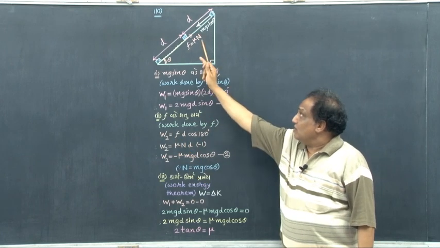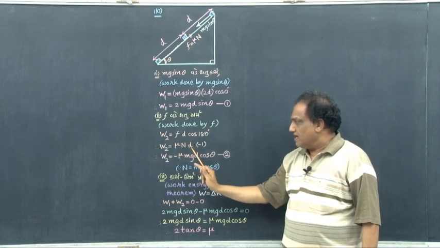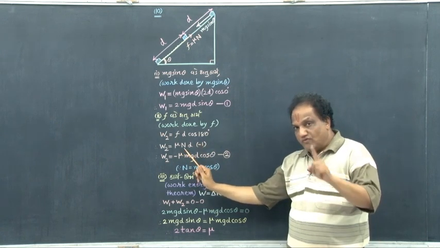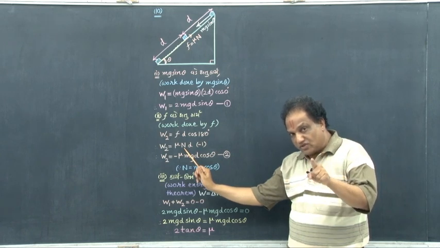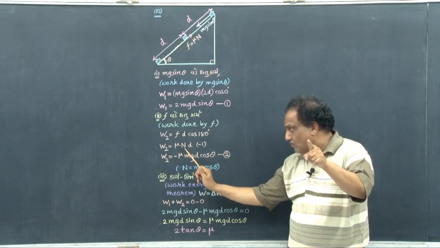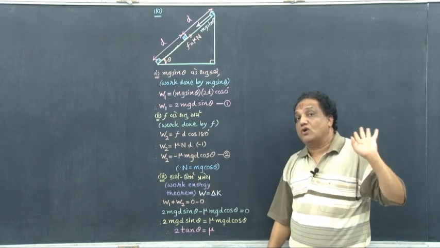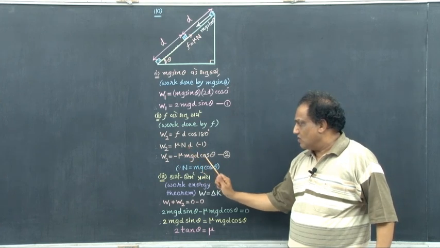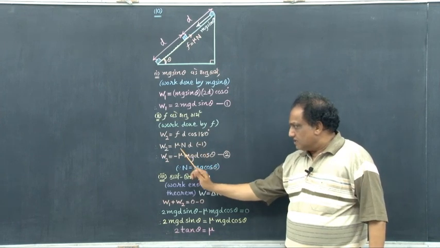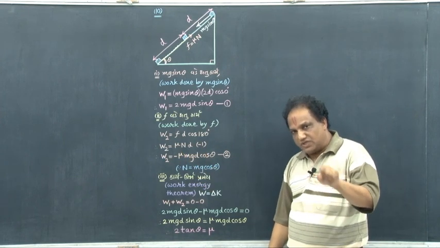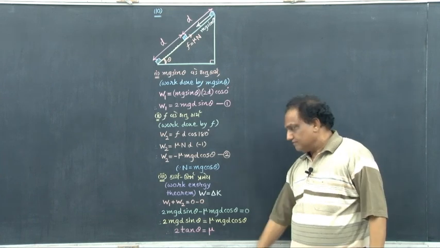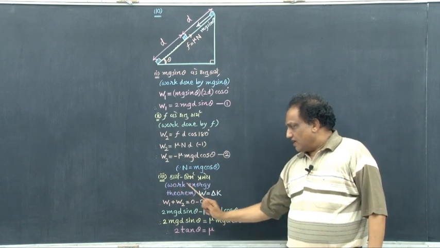Formula of f is mu into N, small d as it is. Now, minus mu N equals, for a block lying on the surface of a slope with angle of slope equal to theta, you must have remembered the formula of normal force. It was N equals mg cos theta, d as it is, okay. So, in short it is minus mu into m into g into d into cos theta, give it equation number 2, correct. Come on, according to the work energy theorem,